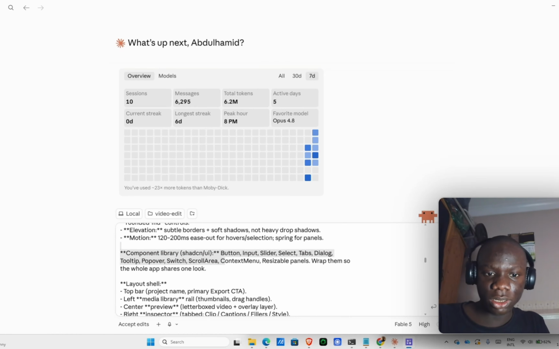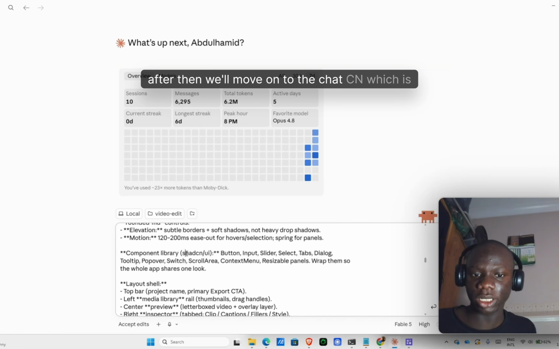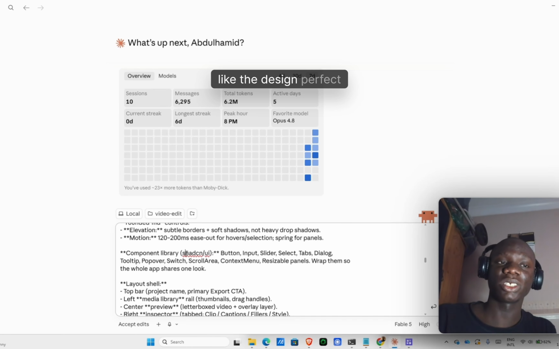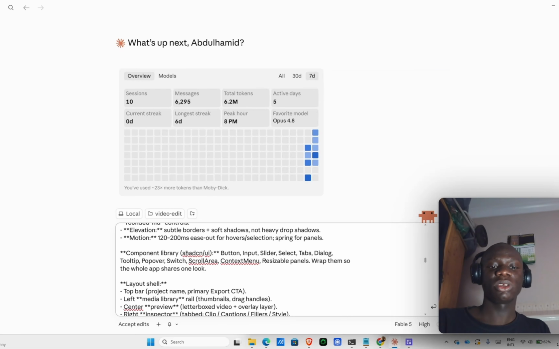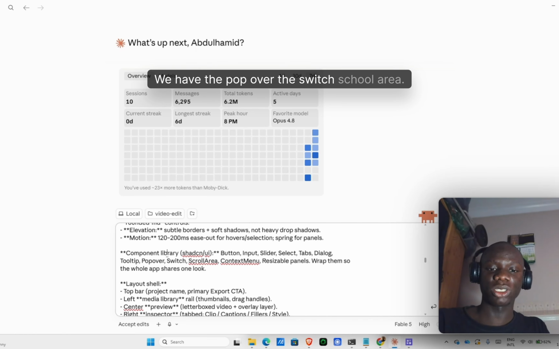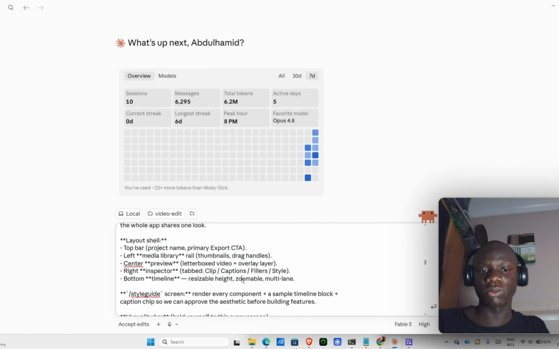Yes, so guys, after that we'll move on to the chat scene, which is the design graphic that we are making. In this context, we have the pop-over, the smooth room area, and also the layout chain. But to talk about layout